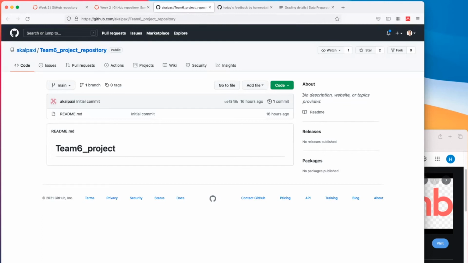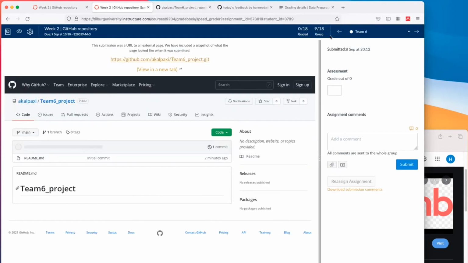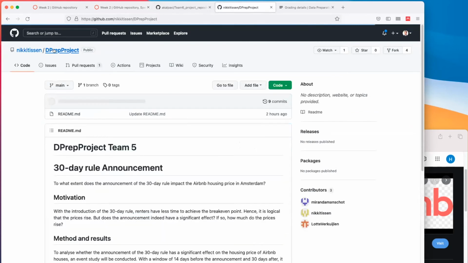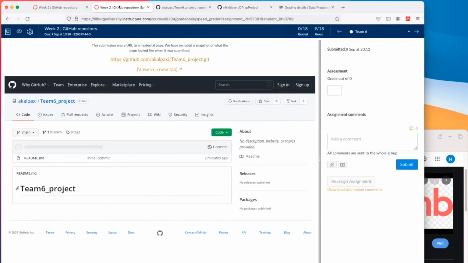Maybe for you guys, start populating your repository. It's not only the code that you put in there, but it's also curating your about page and making sure everything is in place. When I go back to Nikki's project, well, Nikki also hadn't done this, but start curating this profile a little bit.